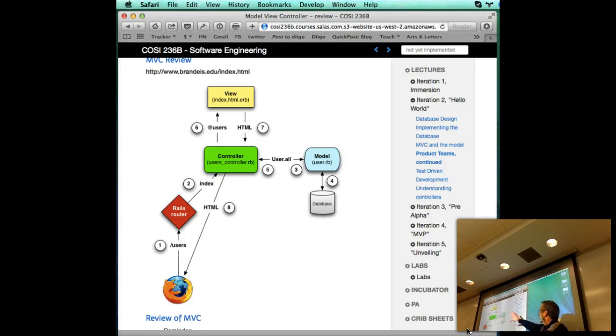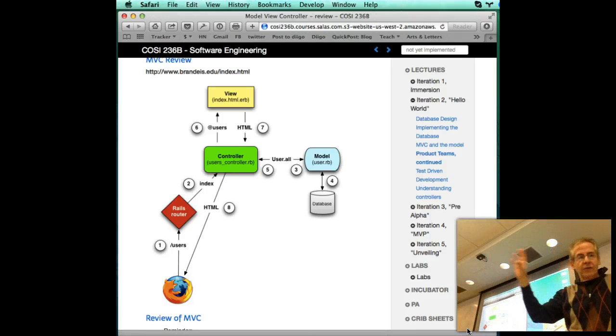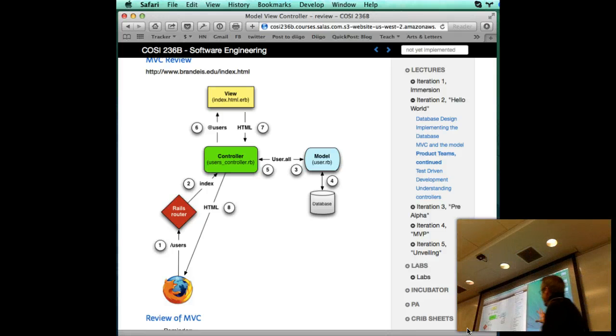All right, so this is important, and I'm going to go through this, and then I'm going to dive into how the URLs work. But basically, and I've talked about this before, I'm going to do it one more time just to really drive it home. So remembering from practically the first day, you type a URL into your browser, and we want to talk about what happens. Now we're talking about really general MVC principles, but really I'm going to talk about Rails right now. Okay? So the URL comes in, and the